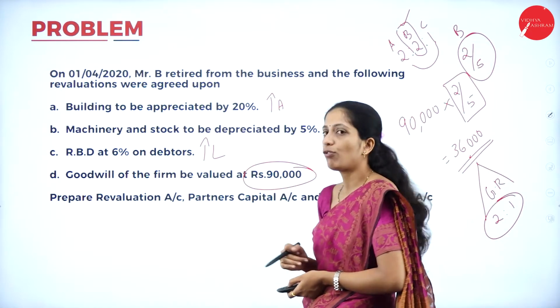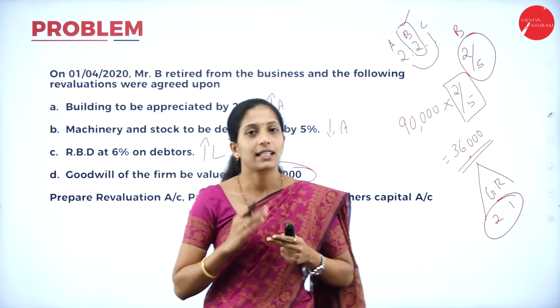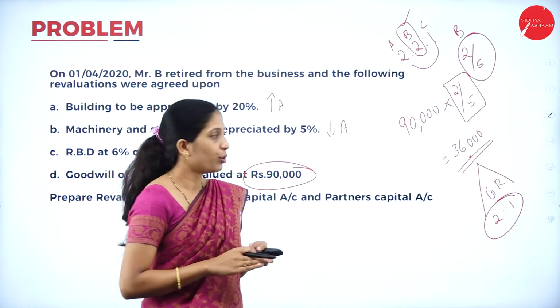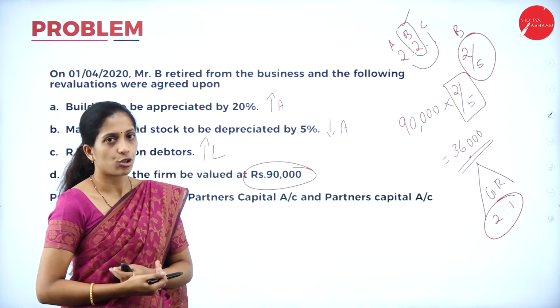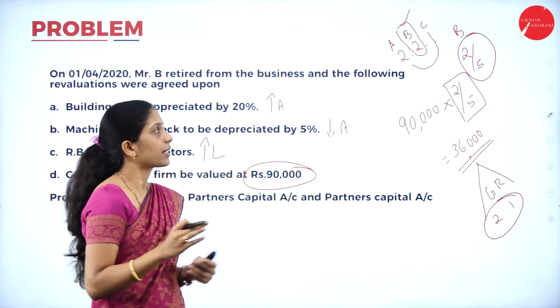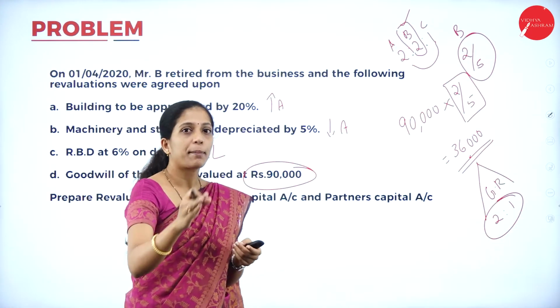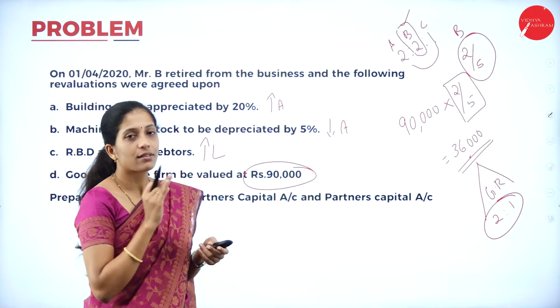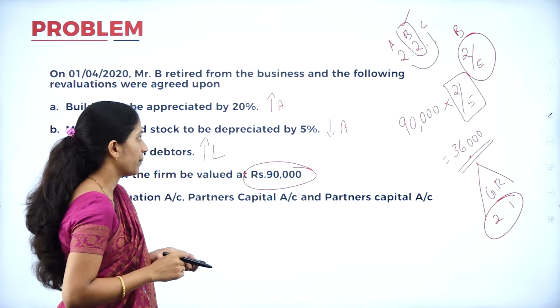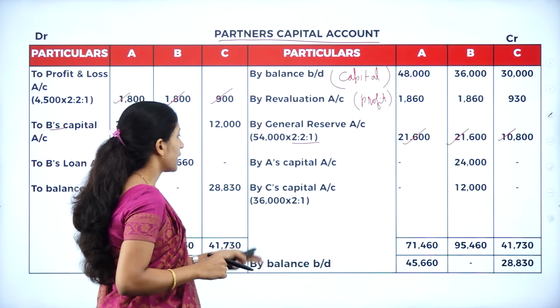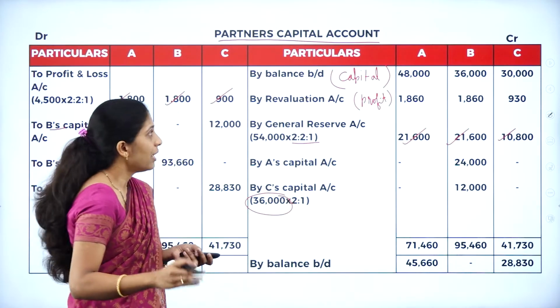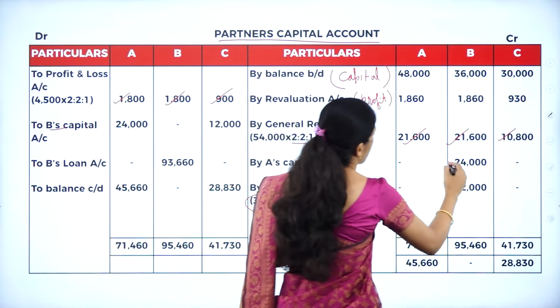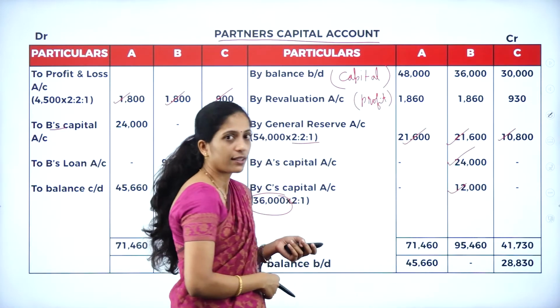So if they have given valued goodwill, first take the retiring partner's share of goodwill and that amount has to be distributed in the gain ratio. That is, if the gain ratio is not given, then take the retiring partner's share; the remaining share itself is the gain ratio. Now go through the solution here. Yes, 36,000 we got, distribute in the 2:1 ratio, but write in the retiring partner's column 24,000 and 12,000.